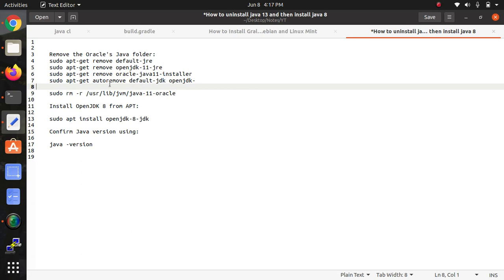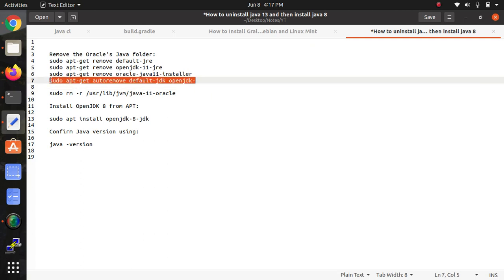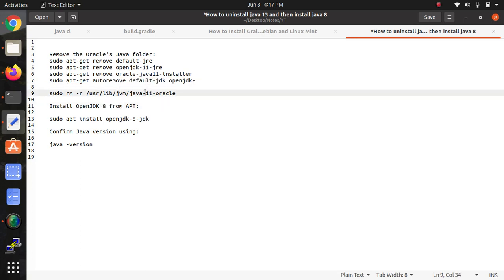You can check which versions and how many versions have been installed. The same thing happened in my system. When I typed this command, it showed two versions, 8 and 11, so I removed both, and after that I am installing.